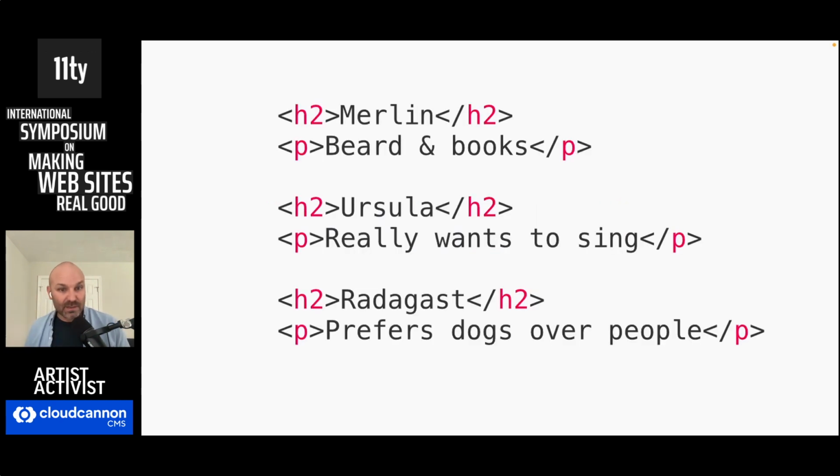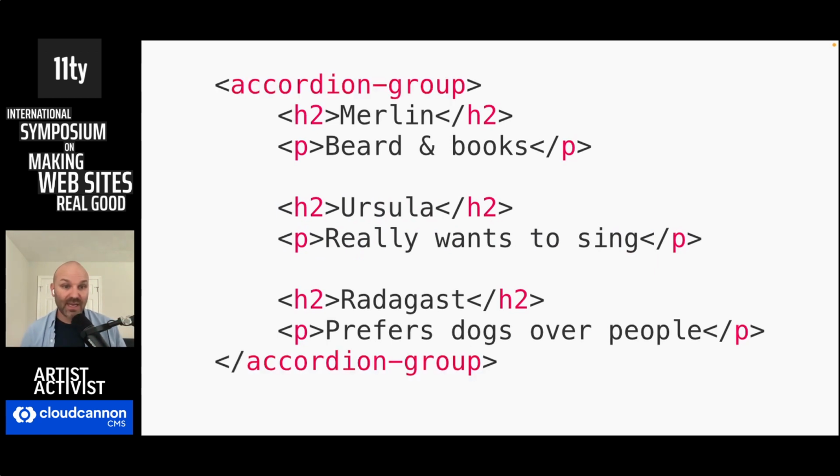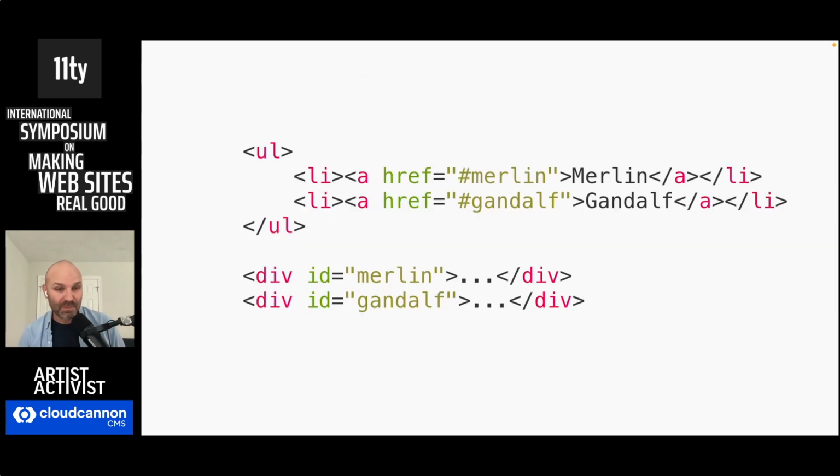Another example we talked about a little bit earlier, web components are a great way to transform a collection of headings and content into an accordion group. No JavaScript, no worries. Users still have access to all of the headings and all of the content. I'm not going to walk through the code for the rest of these because we would be here all day. But just some more examples to kind of get your brain going on what you can do with this approach to web components. You might also take a list of anchor elements and their associated content and turn them into toggle tabs. No JavaScript, users get a perfectly functional collection of anchor links and content.